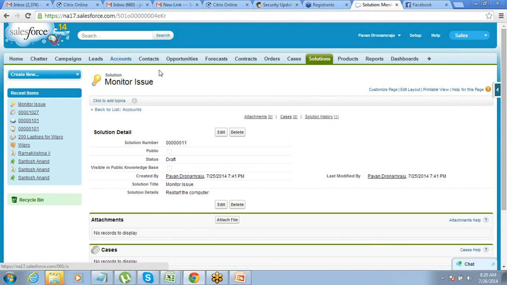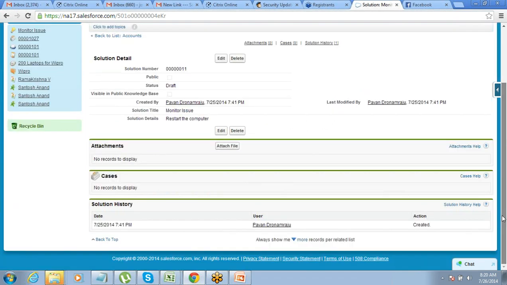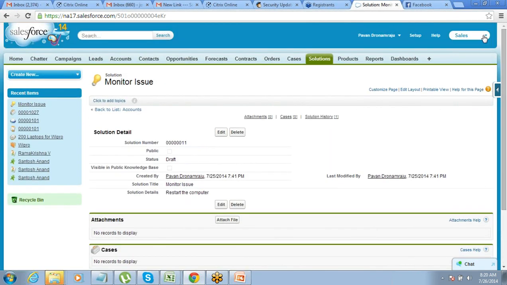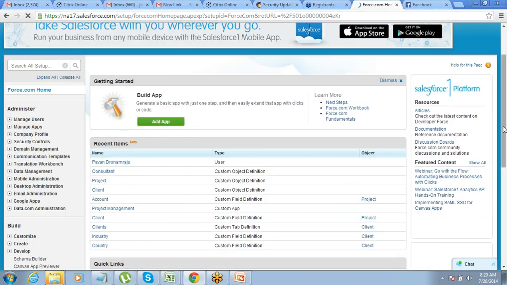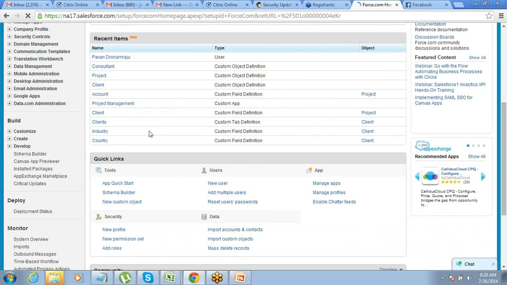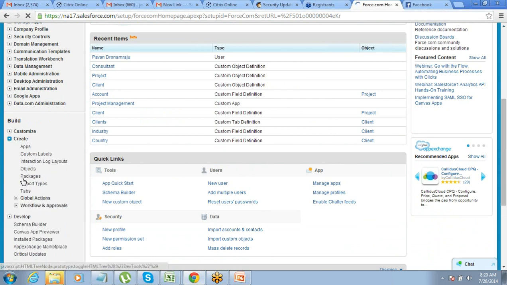Sales process we have seen. Let's go ahead and create an app for recruiting management. It's very simple. You just need to go to setup. As I told you earlier, everything that you want to do on Salesforce will be from the setup menu. So go to setup, go to create, and then go to apps.